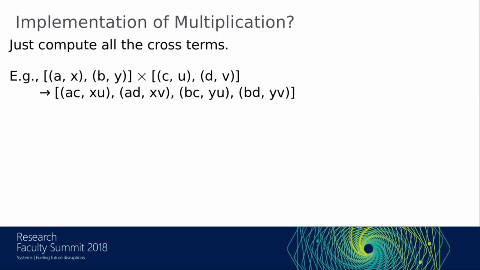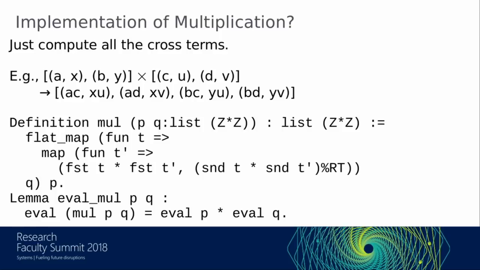We're not going to be very specific about which weights are allowed, whether we can have duplicate weights or anything like that. We just have lists of pairs of numbers, and we can write down implementations of classic operations like multiplication. That one works by just taking all the cross products of the elements of 2 lists. And we can write that as a functional program that uses famous higher order functions like flat map and map. It's a very small amount of code. And we can write lemmas that we prove in the Coq theorem prover that show that this multiplication operation is related to the normal multiplication operator in the appropriate way.